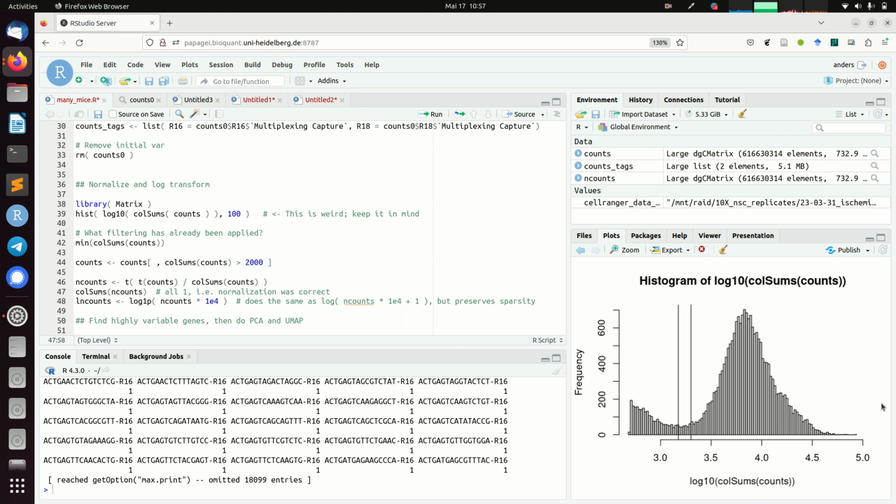Which, yeah, should be, but because I keep forgetting whether it goes by row or by column, I always check. And then the next thing we do is we take the logarithm of this